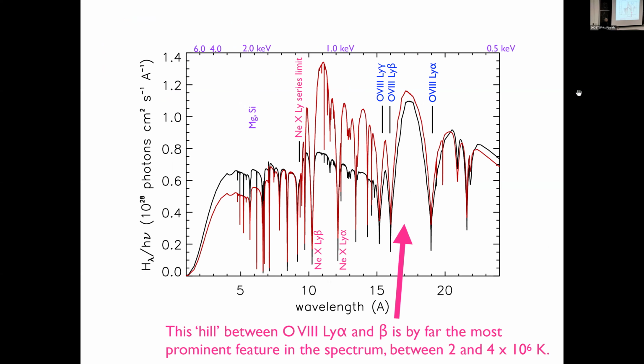All right. So now, in the spectrum that I've been showing you over here, this feature between Lyman alpha and Lyman beta in oxygen is by far the most prominent thing in the spectrum. And it shows for a wide range of effective temperatures and densities in the photosphere. This is always the biggest thing in the spectrum, right? And so